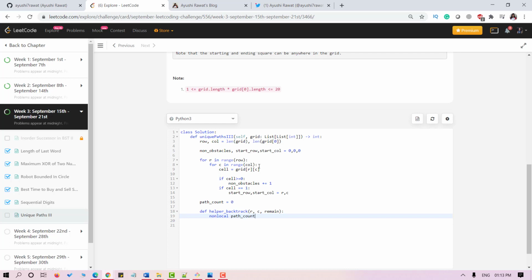Now I will define the base condition for the termination of backtracking. That is, if grid[row][col] is equal to 2 and remain equals 1, that means we have reached the destination. In that case, I'll increment path_count by 1 and return.